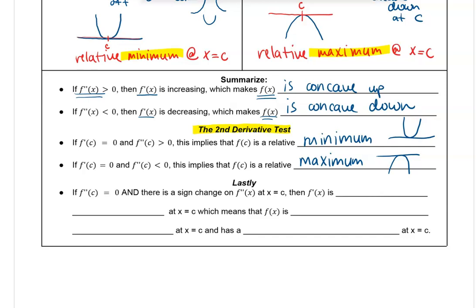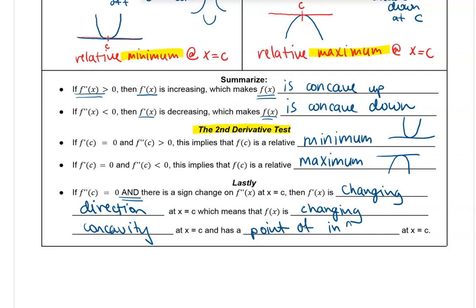So lastly, if the second derivative itself is 0, so we haven't quite talked about that, but we should talk about that now. If the second derivative is 0, and there is a sign change on the second derivative at c, then that would tell us that f prime of x is changing direction at that c value, and that would tell us that f of x is changing concavity at that point, and has what we call a point of inflection